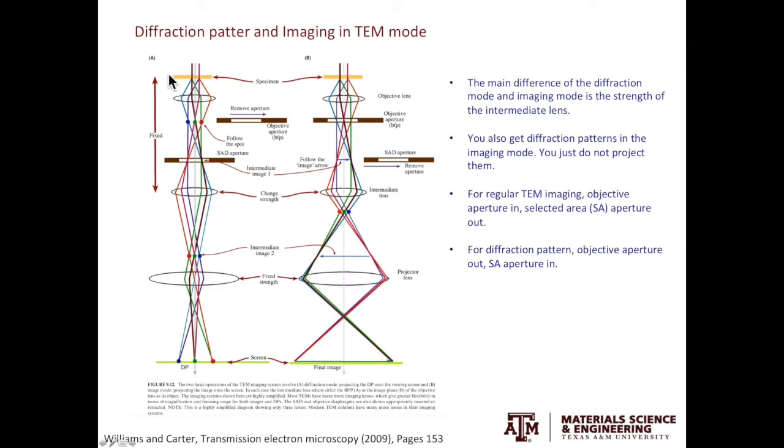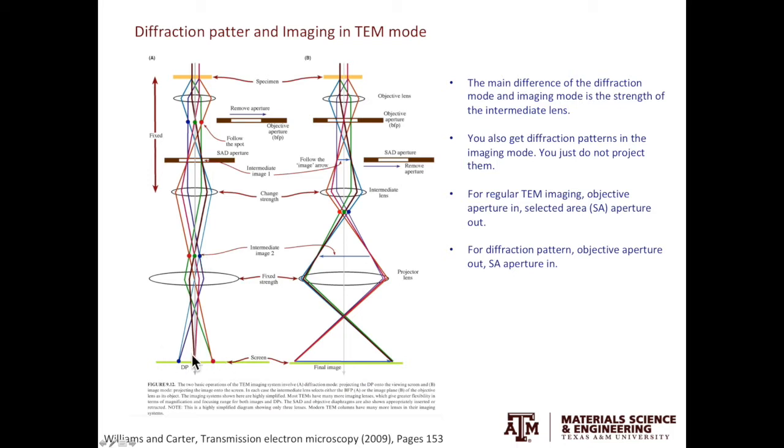So we have the specimen here, the objective lens, the intermediate lens, and the projector lens. In the diffraction mode, what the TEM does is it projects the diffraction pattern on the viewing screen. You may notice the diffraction patterns are formed way before they reach the screen. You see them here at the back focal plane. Then the image of the diffraction pattern is formed again after the intermediate lens and magnified by the projector lens and